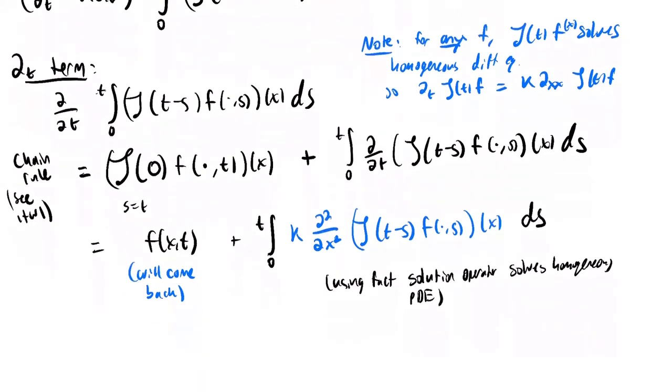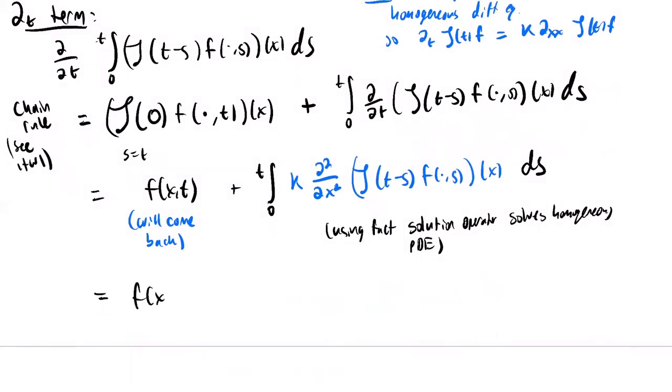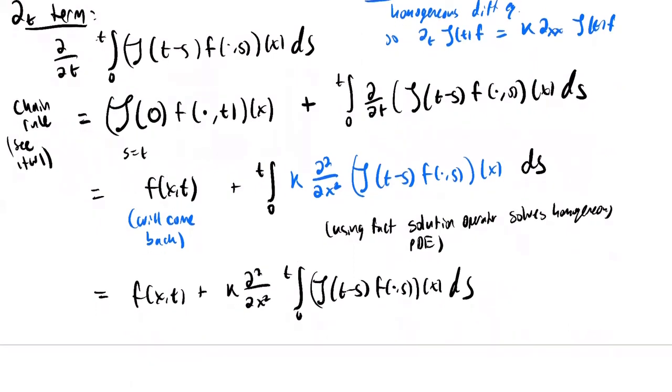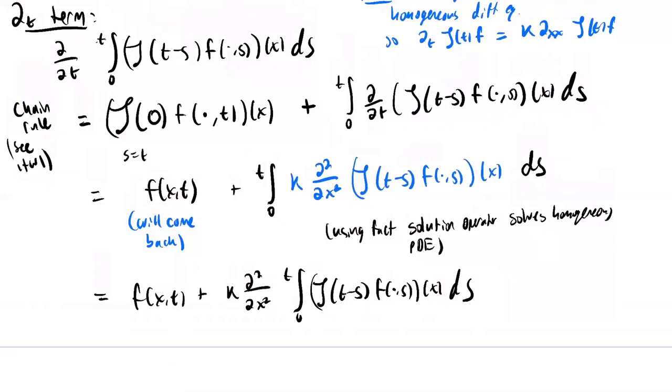Right, and so what do I end up with? Well, I end up with f of x t plus, well, I can bring out the derivative, so k times the second derivative with respect to x of this term. Right, and so now let me bring this integral over to the right-hand side. And so notice I have this term over here. This is equal to this term over here. So if I subtract the second integral, I'm going to get the desired conclusion. So therefore,